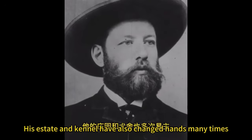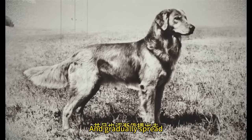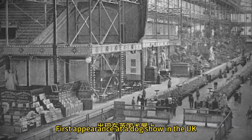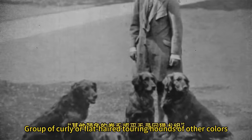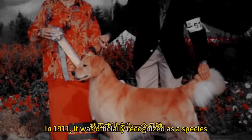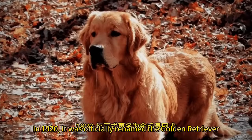His estate and kennel changed hands many times. But the golden retriever was preserved and gradually spread. In 1906, several golden retrievers made their first appearance at a dog show in the UK. It was classified in the group of curly or flat-haired retrievers of other colors. In 1911, it was officially recognized as a breed. It is described as a golden or yellow retriever. In 1920, it was officially renamed the